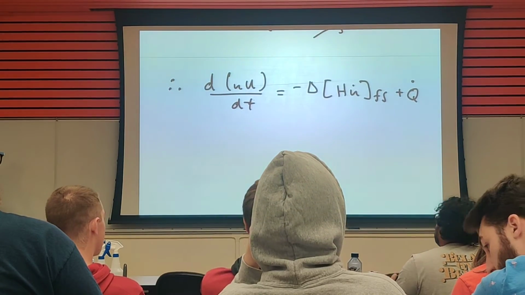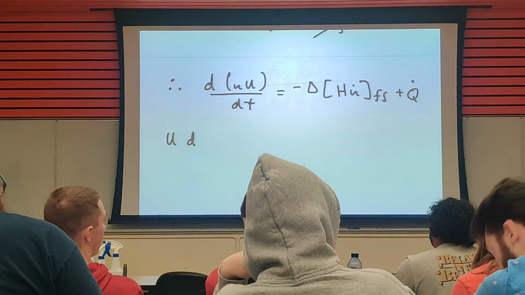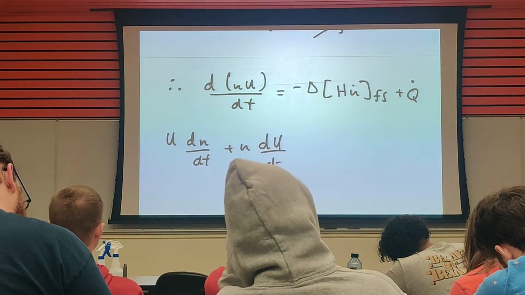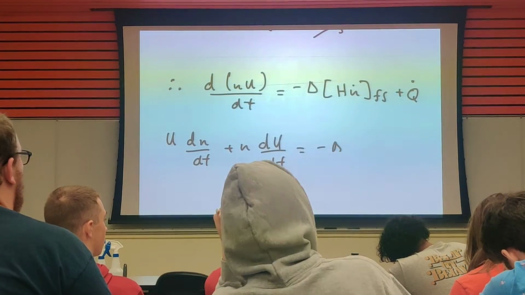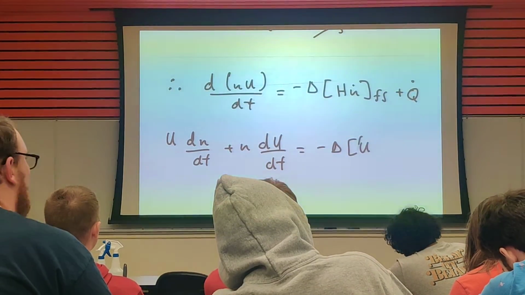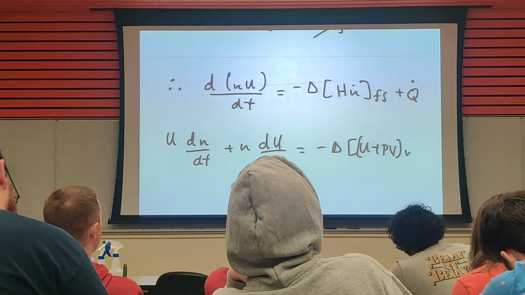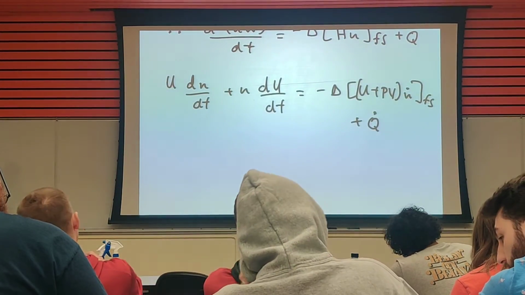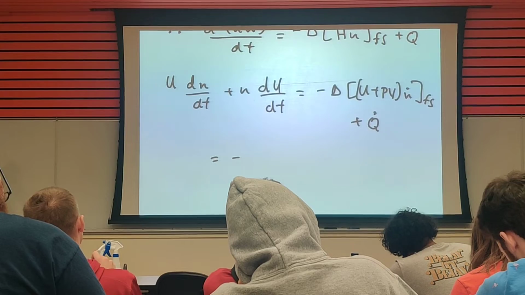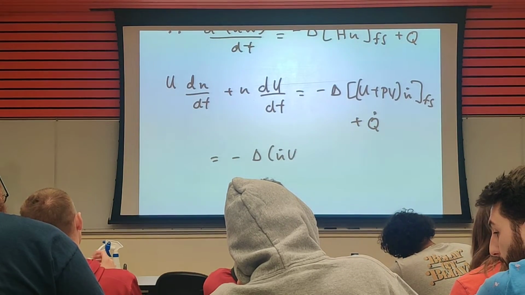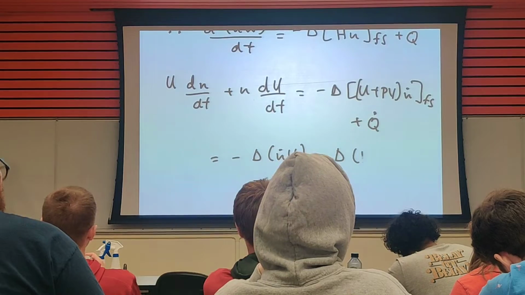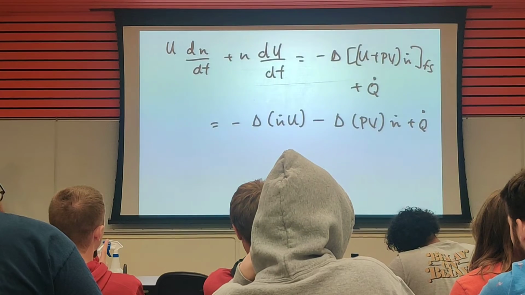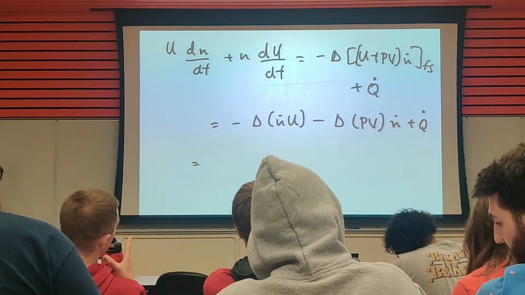So we can use a chain rule such that we have U dn/dt plus n dU/dt is equal to minus delta of (u plus pv) n dot of the flowing streams plus Q dot. And so we can write this as minus delta n dot u minus delta pv n dot plus Q dot. And we can further write this as minus